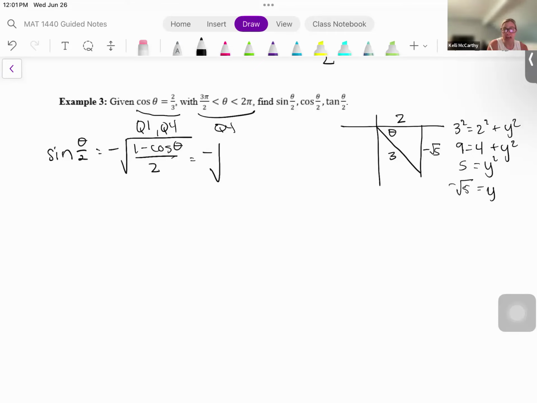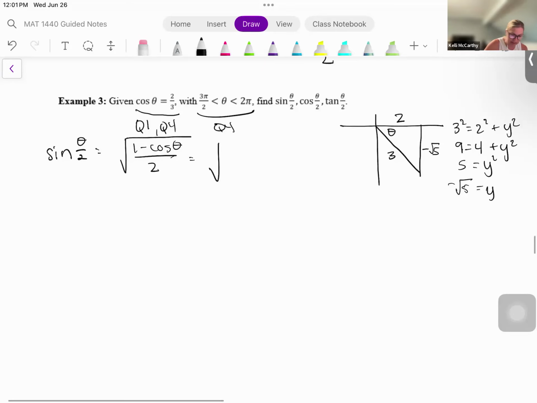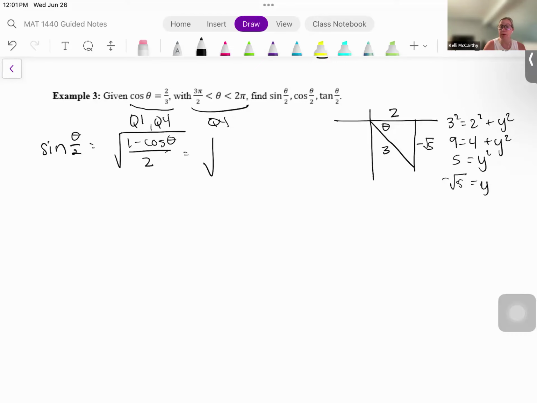Excuse me. Theta is in quadrant 4. We need to think about the sign for theta over 2. So before I commit to my sign, which I just realized I made an error, the way that we can determine where theta over 2 lies is by using this piece of